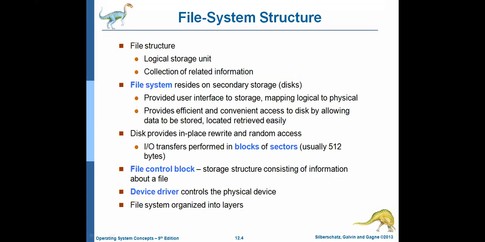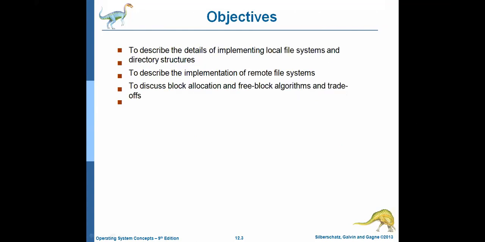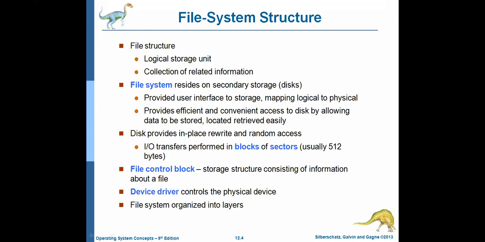The first concept, as I told you earlier, is file system structure. So coming to file system structure, first of all, what is a file? I already told you when we discussed file concepts. Okay, let me rewind for you one more time. So what is a file? A file is a collection of related information, or a file is a collection of records. It is a logical storage unit. What does it contain? The file contains a collection of related information.